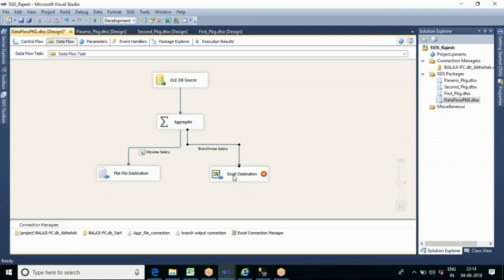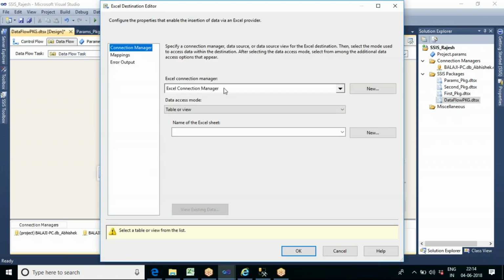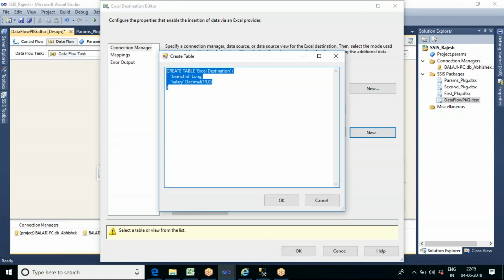But when you create, you can see here under the same Excel manager, let me create a new sheet. Let us say, you can see here branch ID and salary. So instead of integer, it has taken a long, and I8 it has taken as decimal. So it won't store the integer as an integer, it will store the integer value as float or long. Now you can see it has stored it as long, meaning this is the Unicode format of data. It will convert the data type into Unicode.